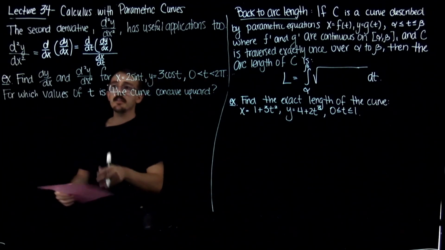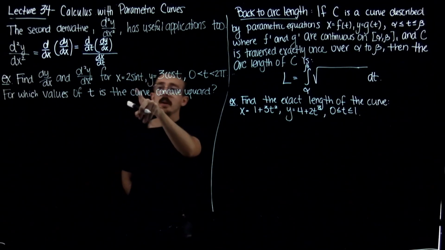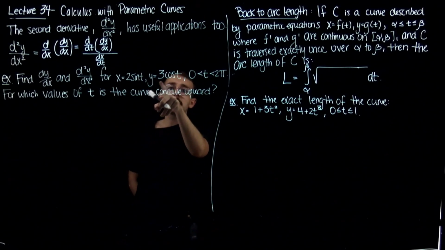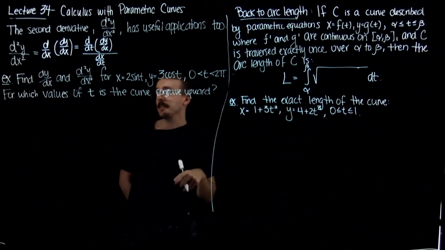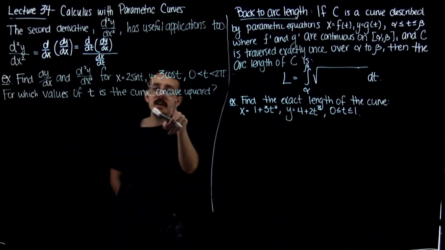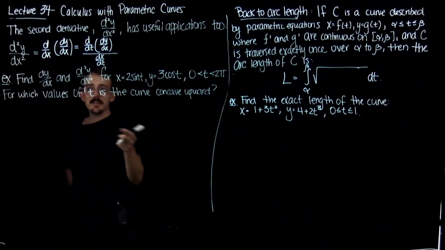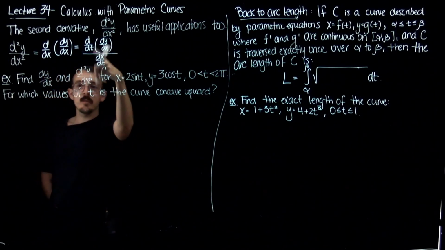So we'll do an example right here that will illustrate this equation. So we're going to find the first derivative and the second derivative for the parametric equations x equals 2 sine t and y equals 3 cosine t on the specific interval from 0 to 2 pi for t. And then further, I want to know which values of t will this curve be concave up. So this is a question about the second derivative. All right, well, let's start with the basics. So we're going to find the first derivative. We're going to need it as well for the formula of the second